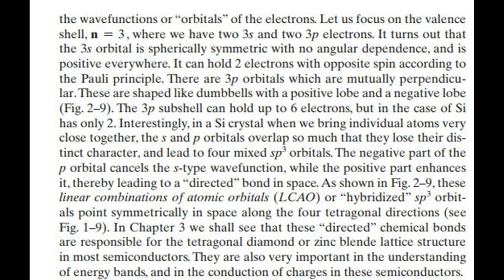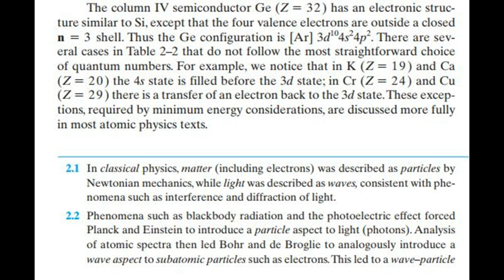In Chapter 3 we shall see that these directed chemical bonds are responsible for the tetrahedral diamond or zinc blende lattice structure in most semiconductors. They are also very important in the understanding of energy bands, and in the conduction of charges in these semiconductors. The column IV semiconductor Ge, Z equals 32, has an electronic structure similar to Si, except that the 4 valence electrons are outside a closed n equals 3 shell. Thus the Ge configuration is